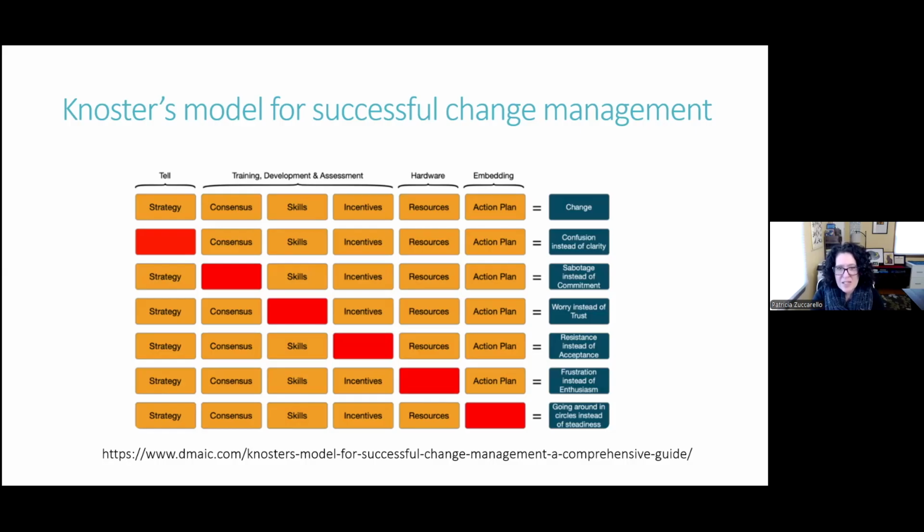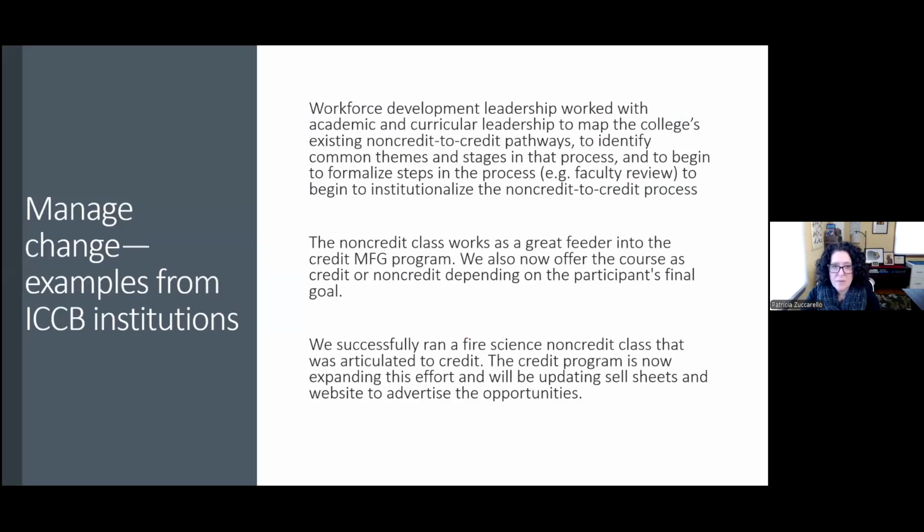So you can kind of see how by missing out on these various pieces and parts, your change management project goes a little less well than perhaps it could. But several of you are already working on change management at your institutions, and these were some of the examples submitted from